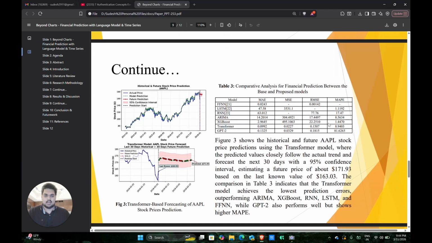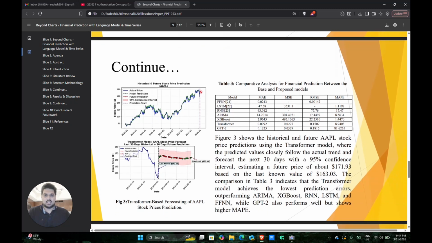Again, continuing the results and discussion. These are some of the models, data which has been taken from other papers, and FFNN, LSTM, and RN LSTM are considered standard. And I have compared the results which I got with these. This is about Apple stock, and you can see that I got a 95% confidence interval estimating a future price of about 171.93 based on a value of